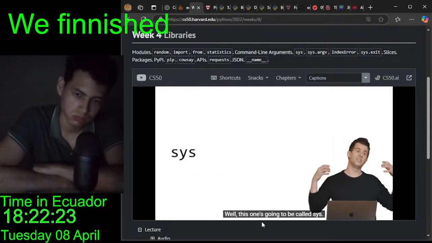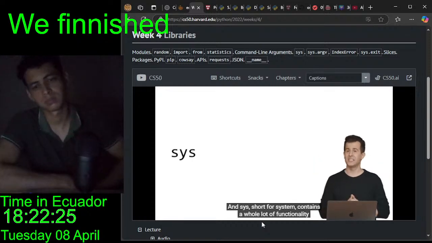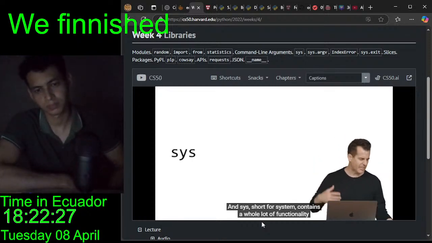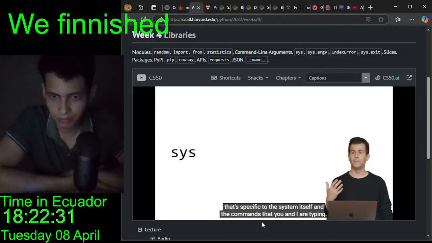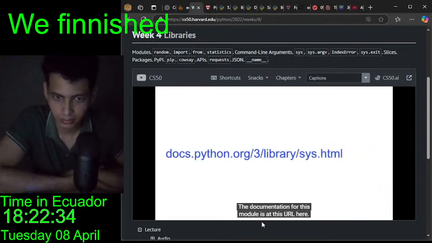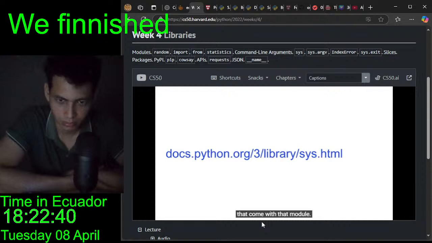Well, this one's going to be called sys. And sys, short for system, contains a whole lot of functionality that's specific to the system itself and the commands that you and I are typing. The documentation for this module is at this URL here, and it lists all of the various functions and variables and the like that come with that module, but we're going to focus on something a little more specific, namely